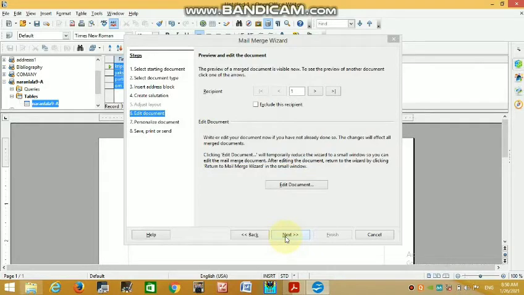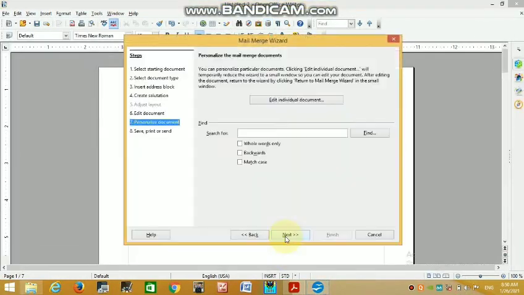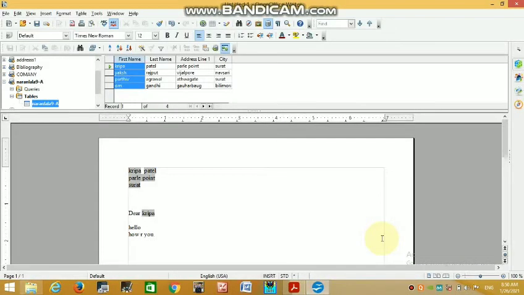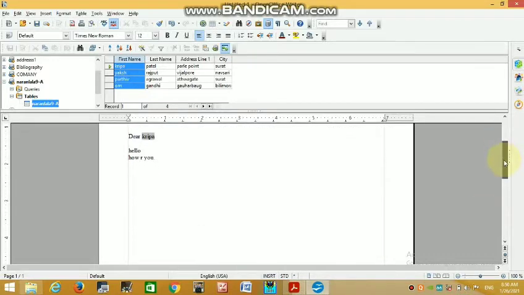See this, creating a document. See this is Kripa Patel. See this is our document Kripa Patel.